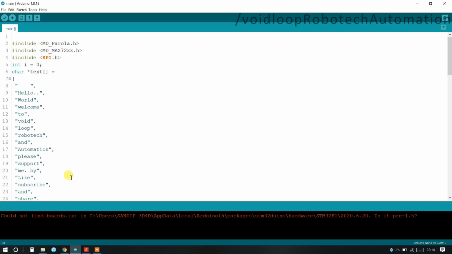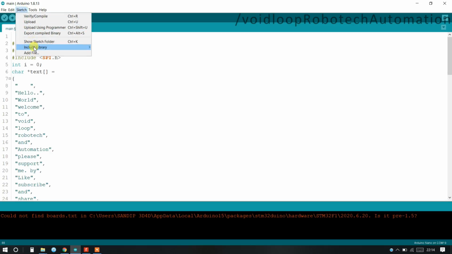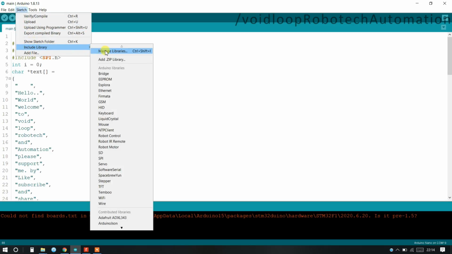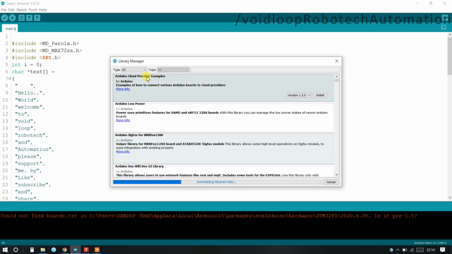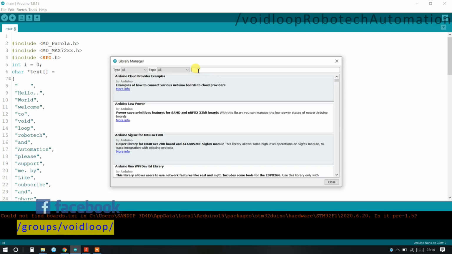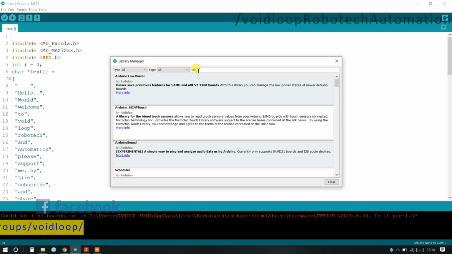Now I have to install this library, so go to Sketch, Include Library, Manage Libraries. Here I will search MD_Parola.